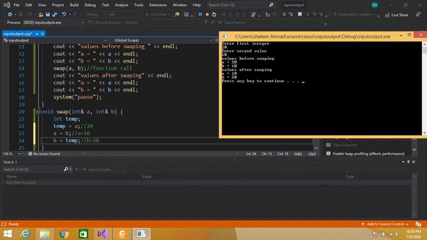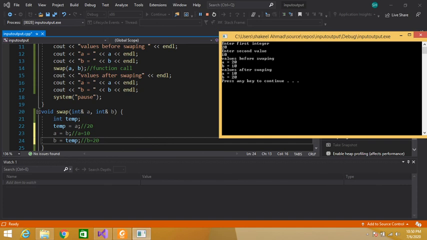So cout values after swapping is printed on the console window, and then a is equal to 10. Why? Because the value of a has become 10 as we have swapped the values. So now a contains 10 and b contains 20. See, these changes have been reflected in the main function.